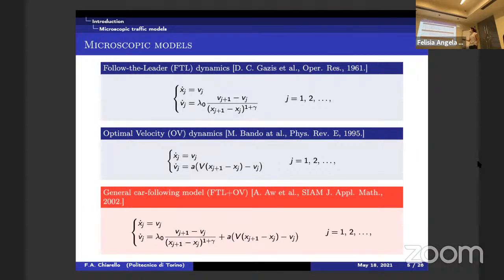After that, there is the optimal velocity dynamics. Here you see this capital V, that is a desired speed that depends on the difference between the position of the leading vehicle and the rear vehicle. And what we will analyze in this talk is this general car following model that is a composition between the follow the leader one and the optimal velocity one, so this one, and we will start from this, and we will recover the macroscopic correspondent